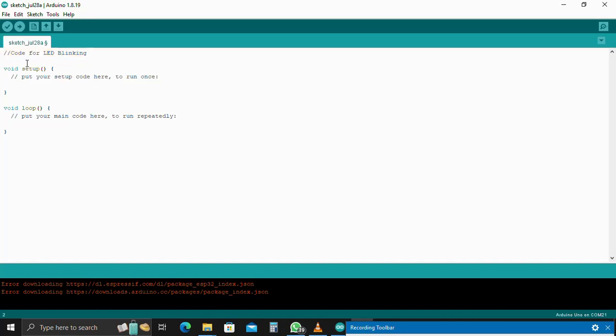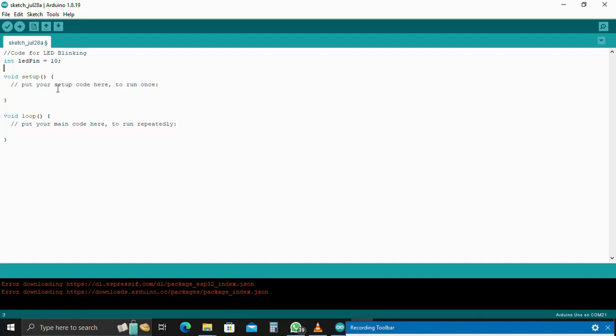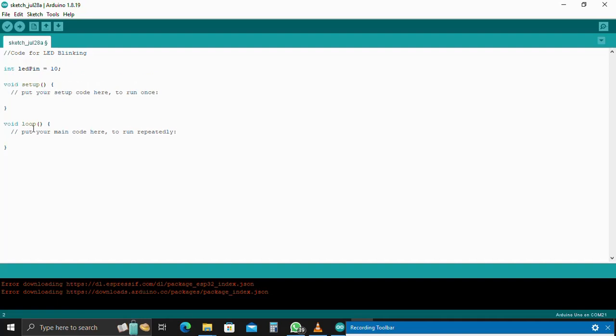So down here I want to initialize a LED that we want to attach to our microcontroller. So just simply say int LED pin is equal to, I want to attach it to pin 10 of my microcontroller, then semicolon. In this void setup, this region, any code that is in this region is going to run